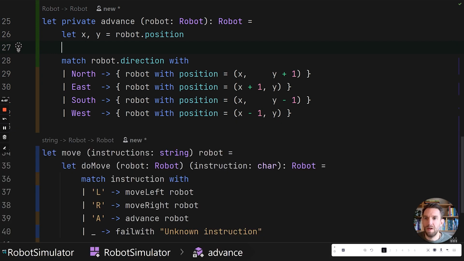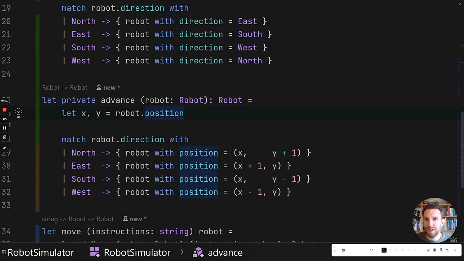So you can see with a record type, there might be need for more annotations. Not always the case. It depends on whether or not you have conflicts. And changing things has a different syntax, but you are able to dot into things, and that is quite an advantage, I think. And then finally, I do want to show you that you can do deconstruction of records too in the parameters. So let's change robot to be